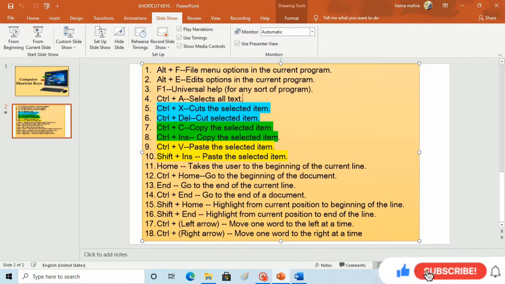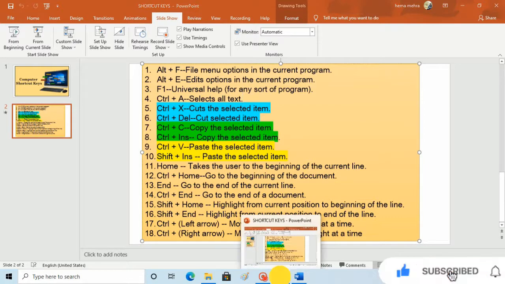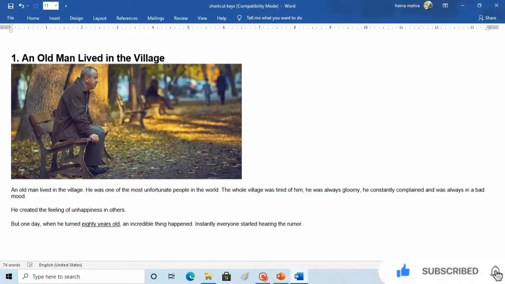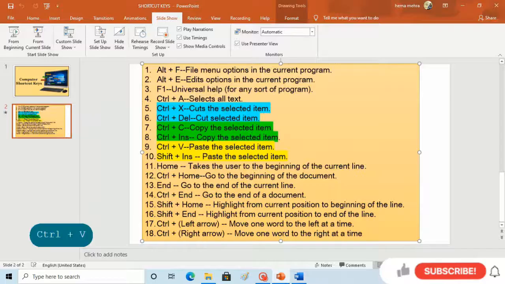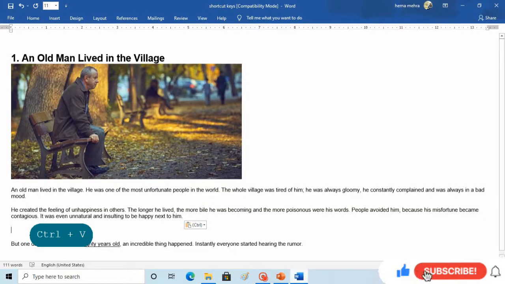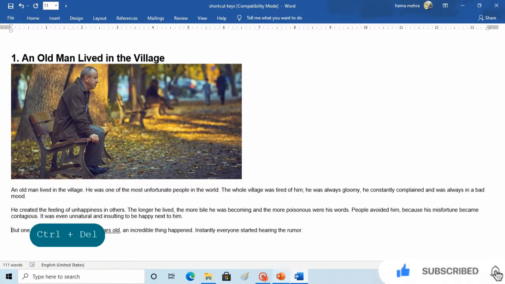That means if you have selected any part of the story or article, and you press Ctrl plus Delete, you can see here, the line which I have selected gets deleted permanently.